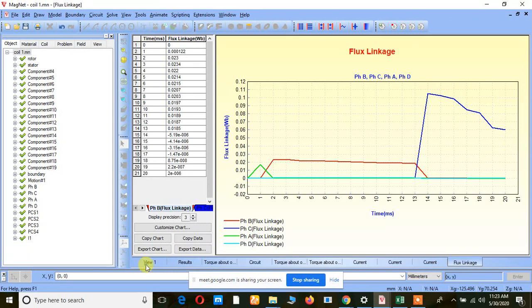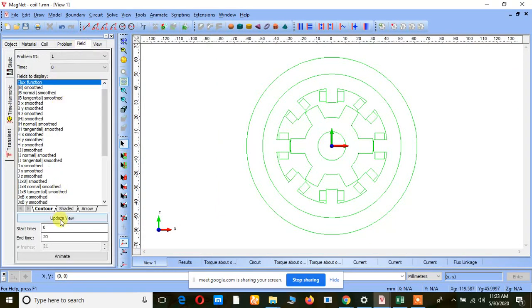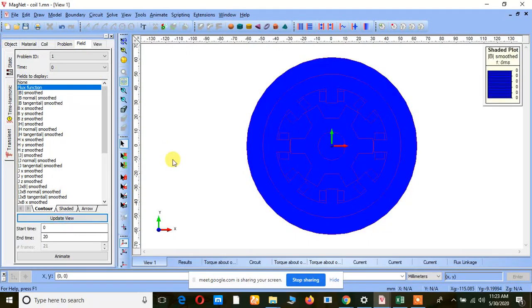Now coming to the flux density distribution and the flux path, right? See here, there is no flux density showing. The reason here is the problem ID is set as 1, but the time here is 0.